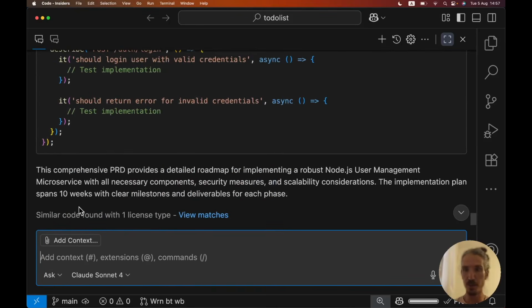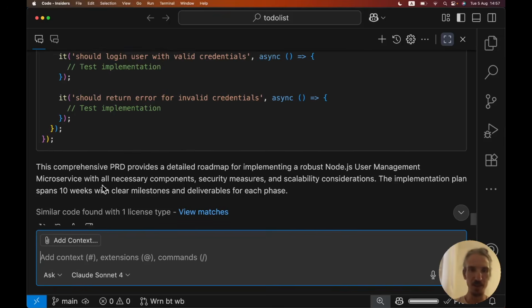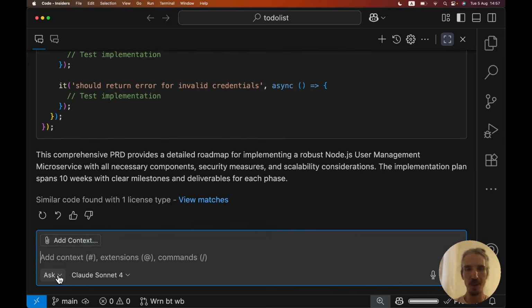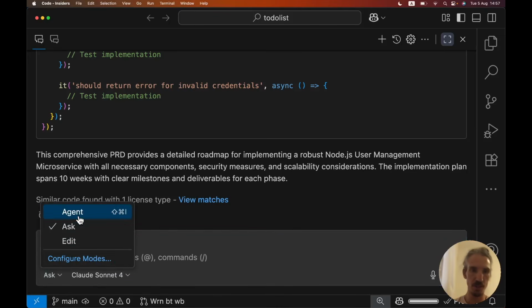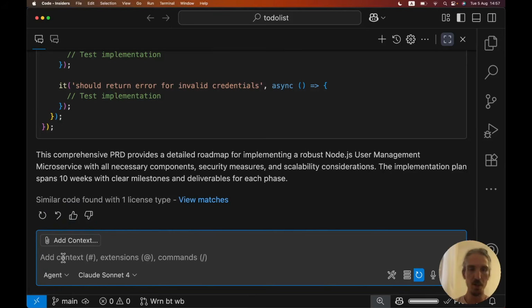And of course, like any good agent, it tells me it's going to take 10 weeks. So you'd need to spend this video with me for 10 weeks, but obviously we won't spend that much. So let's see how we can turn such a big plan into something where we don't need any external tool anymore. I'll switch to agent because, as I said, we already learned that you need agent mode, and I'll ask it to